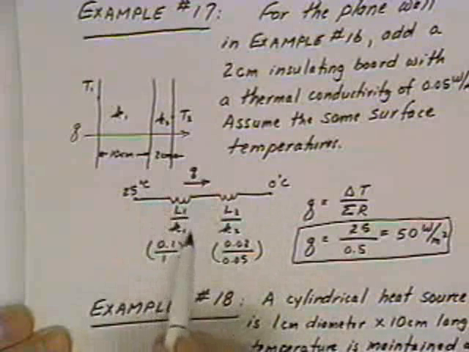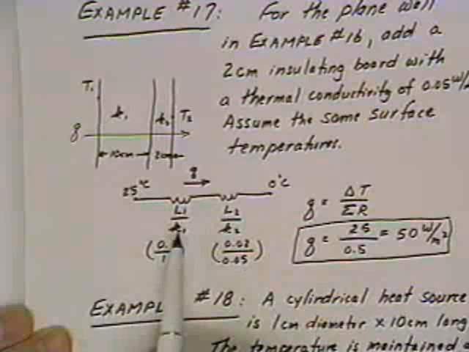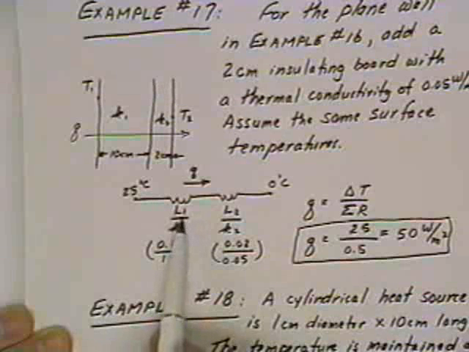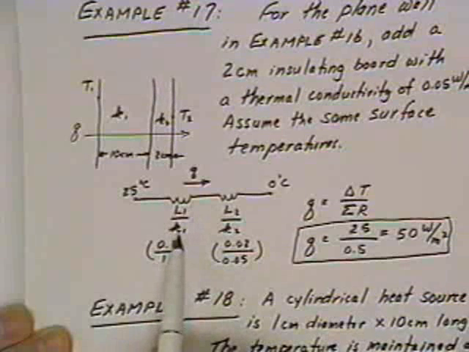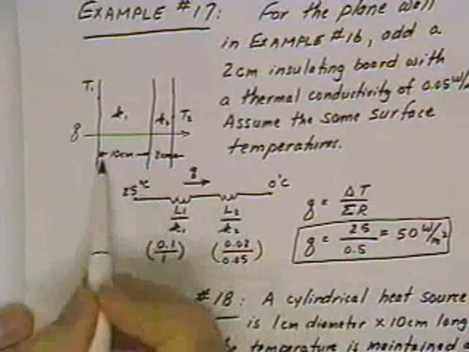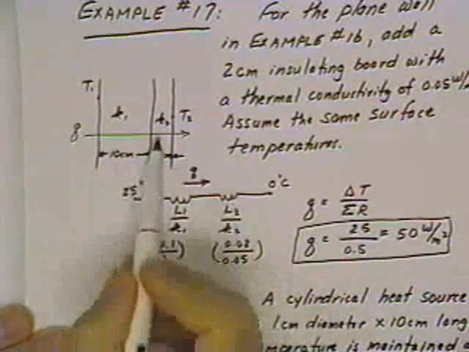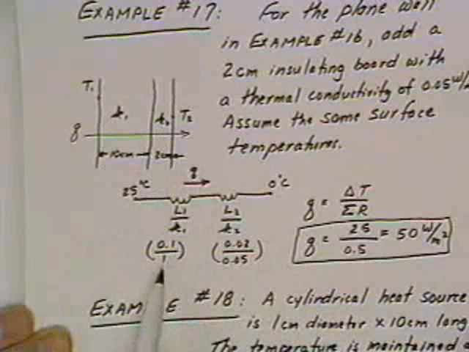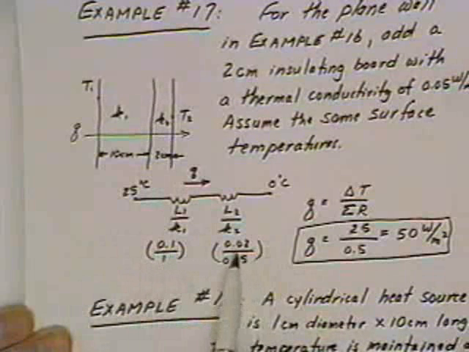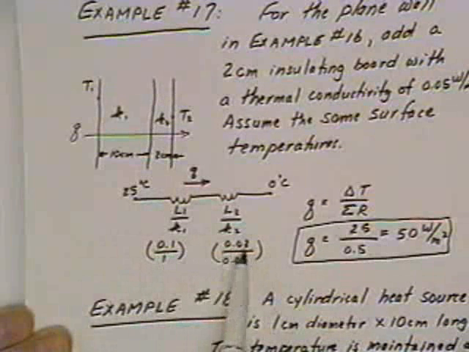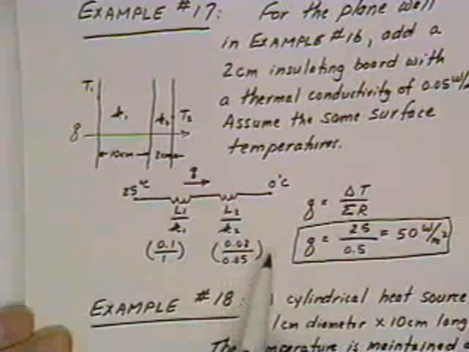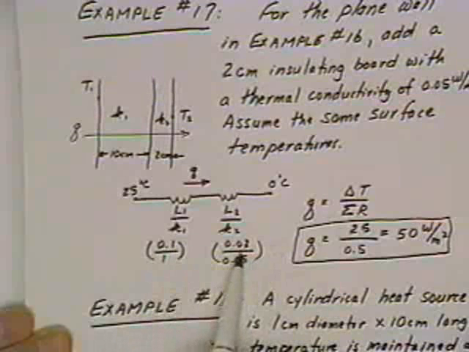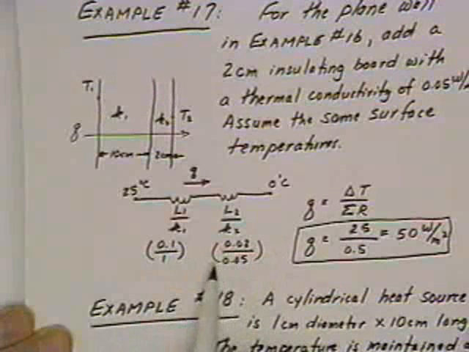And then the resistances corresponding to the electrical resistances are thermal resistances, and the thermal resistances are equivalent to the length over the thermal conductivity. So L1 over K1 is the thermal resistance of the 10 centimeter material. L2 over K2 is the thermal resistance of the second 2 centimeter material, and that number is 0.1 over 1, same numbers we had a while ago, L over K in this case. And this one is 0.02 divided by 0.05, the length over the thermal conductivity of 0.05. So this turns out to be 0.1, this turns out to be 0.4, and so you sum these two resistances up,